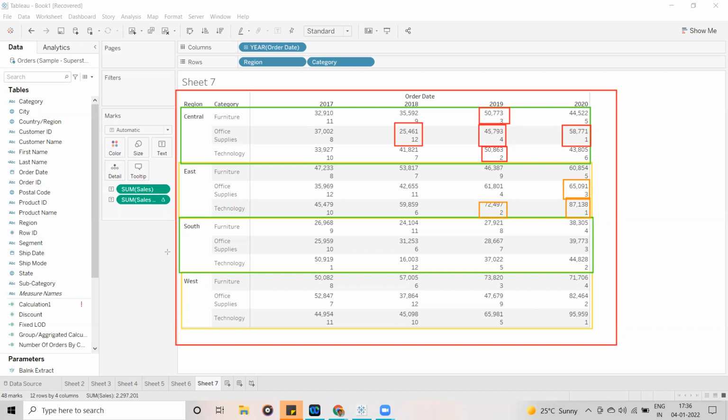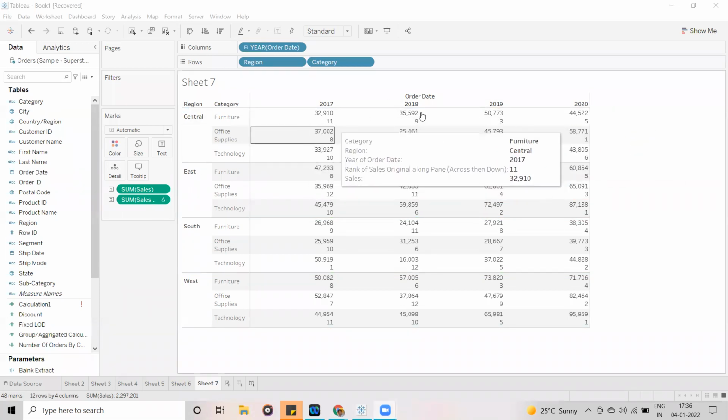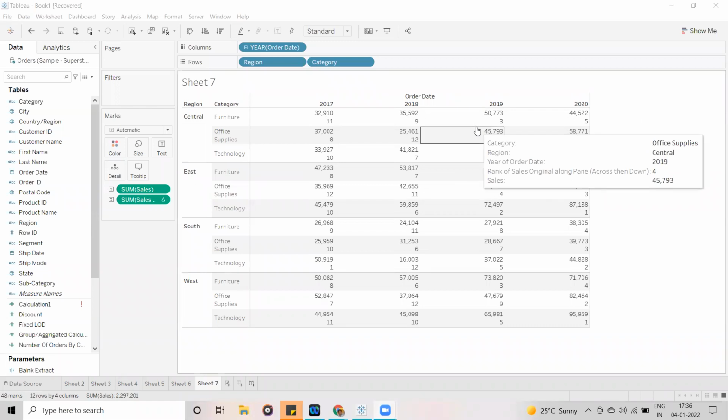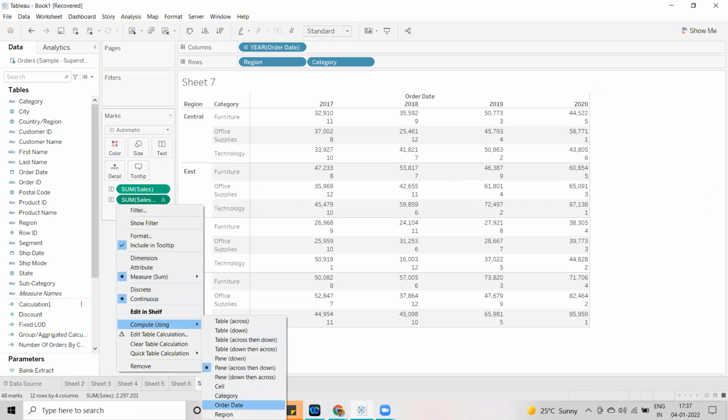These options are very important, guys, in real time also. It depends on how you want to represent it and how the customer is expecting the calculation. You are not going to write any calculation here. Whenever you want a running total, or you want to find the difference, think about the exact output the customer is expecting. Based on the customer's output, you choose the different option, that is, how you are going to perform this calculation.